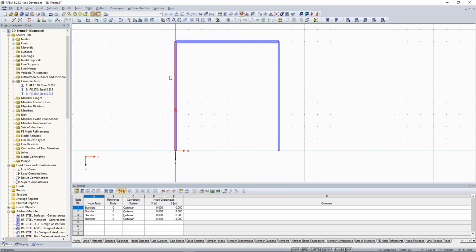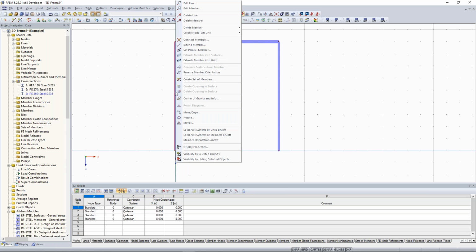Now I want to create this beam girder here. So first of all, I want to create an additional node here. So with the right click on the left member, I can divide this member, and now I have the possibility to divide it by 3 options: graphically, by intermediate nodes, or by distance. I choose by distance